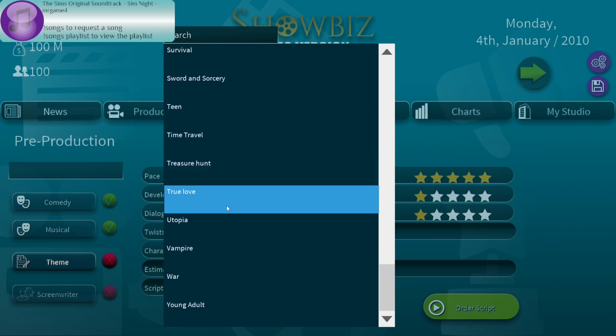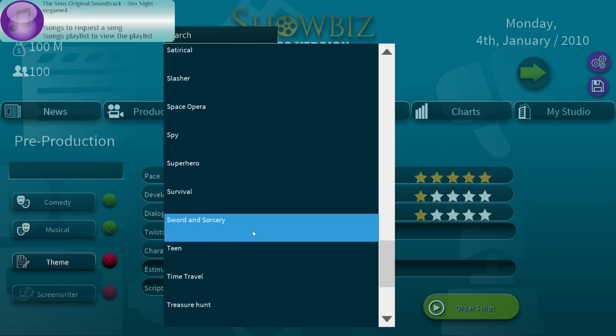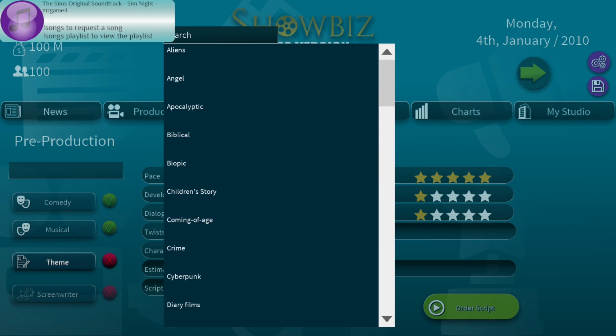Man, there are some good genre options. There are some very, very good theme options. I kind of want to explore capitalizing on public domain works.